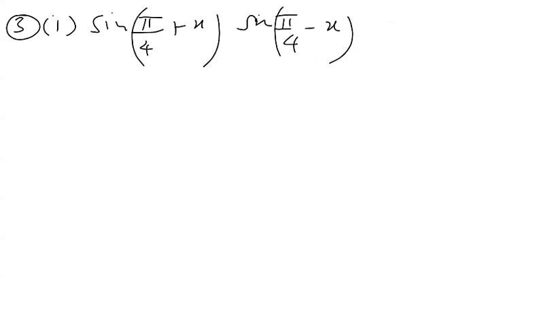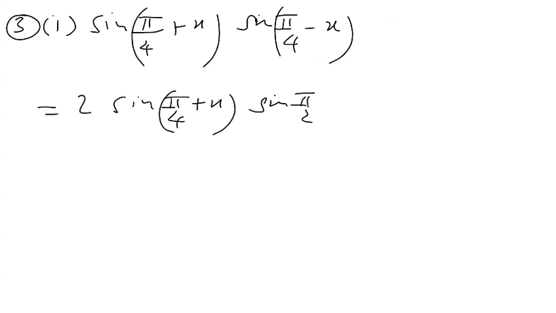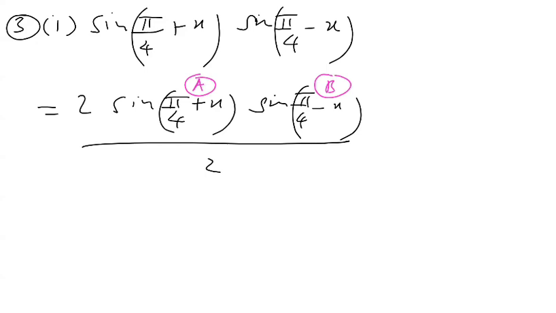Question number 3, sub question 1. Sin pi by 4 plus x into sin pi by 4 minus x. Multiple ways again to solve this problem. So I'll just multiply and divide by 2. Instead of using compound angle formula, I'm just using the defactorization formula over here. Multiply and divide by 2. So this is A and this is B. 2 sin A sin B is cos A minus B